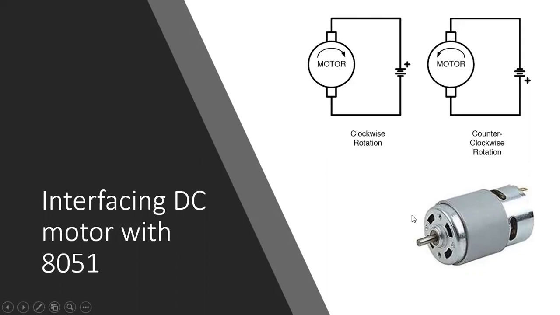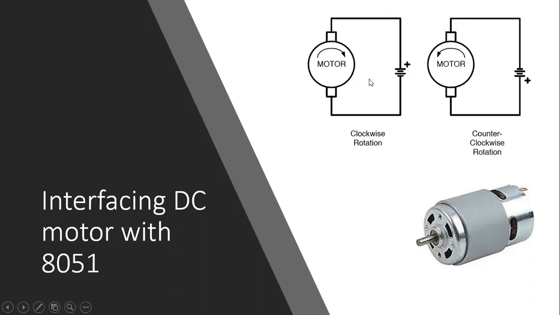The basic operation of the DC motor is that it is a constant speed motor, and you can rotate it in any direction, and also you can operate the motor at different speeds. In order to rotate the motor, we have to apply a power supply, probably from 5 volts to 12 volts, depending on the DC motor.